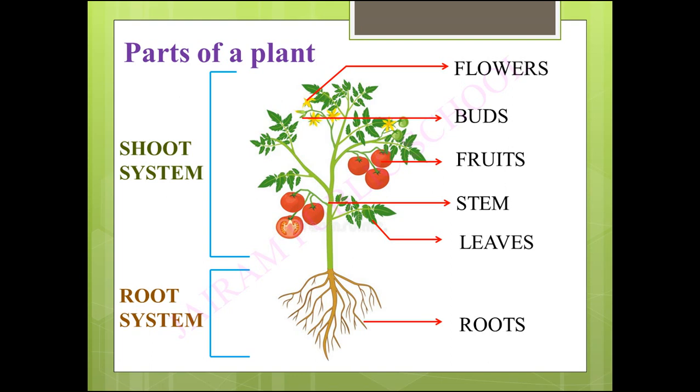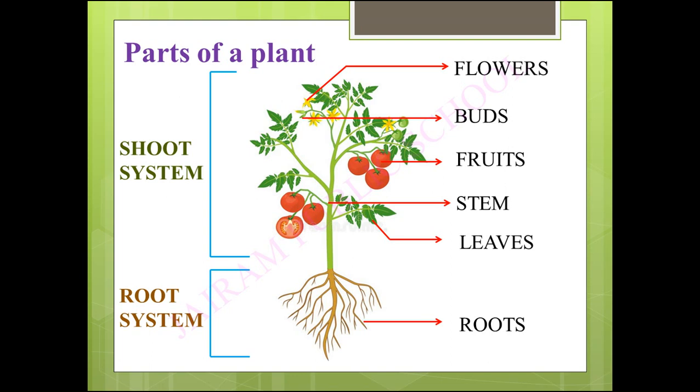Next, we can see about the stem. The stem provides shape and structure to the plant. They grow towards the sunlight. The stems are divided into branches that carry the leaves, flowers and fruits. The stem carries water and minerals absorbed by the roots to all other parts of the plant. They carry the food prepared by the leaves to all parts of the plant. So next, about the leaves.